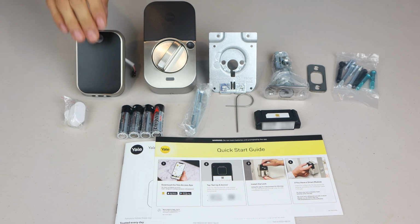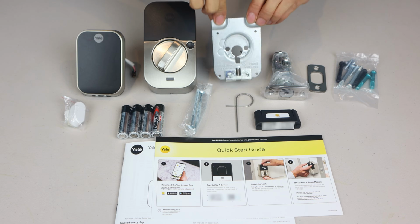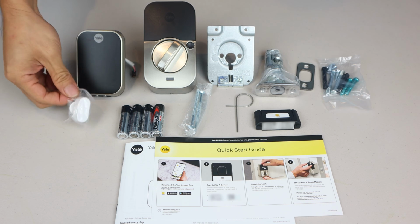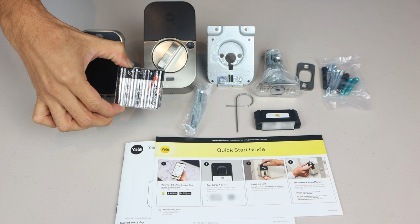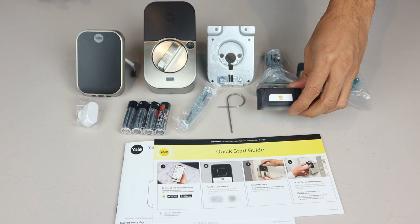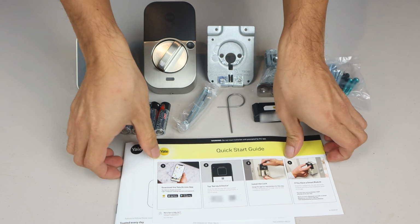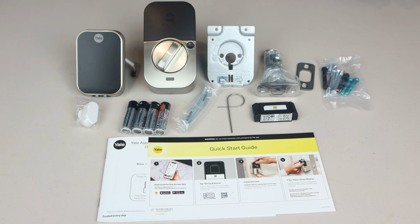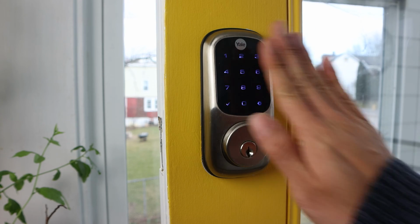You'll receive the touchpad, interior lock housing, mounting plate, deadbolt latch, strike plate, mounting screws, DoorSense sensor, 4 AA batteries, security screws, reset pin tool, a Wi-Fi module sold separately or as part of a bundle, and installation and user guides. The Assure Lock 2 is our second smart lock from Yale, as we installed the original Yale Assure Lock